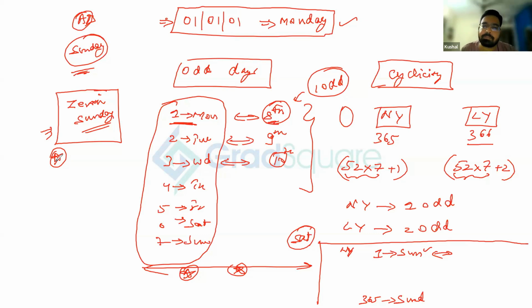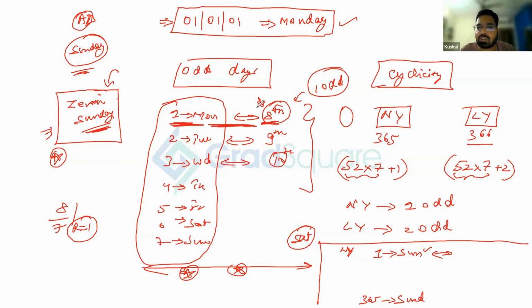Okay. Let's understand this thing once again. If your first day was Monday, will your seventh day be a Monday? No. The eighth day will be a Monday, right? So what am I saying? If your first day was Monday, your zeroth day was Sunday, right? Then all the 7 days will be counted from Monday onwards all the way to Sunday. So 8 will give you one odd day. When you divide 8 by 7, your remainder will be 1. So your odd day will be the first odd day, which will be the same as your Monday, which was